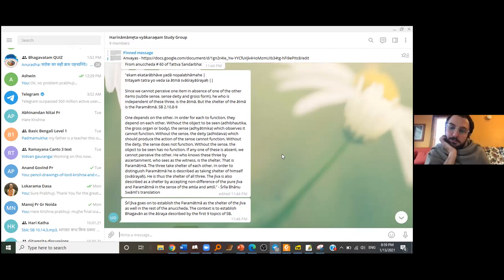Go ahead. One question which I have: the deity which should produce the action, without the sense, the deity, this part. Now the demigods which preside over our different senses, are they specifically doing that service, or are they the same demigods? Like they say, the Surya Devta is presiding over the eyes and so on. So how do we understand that? Means, are they only doing this work, because they have so much to do?